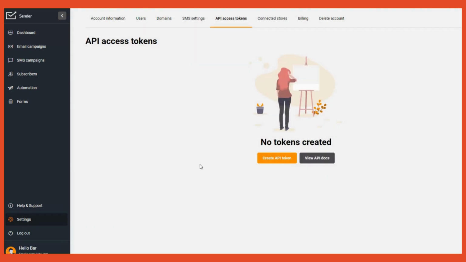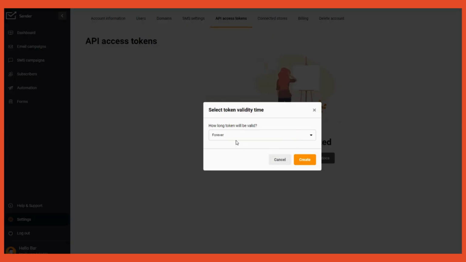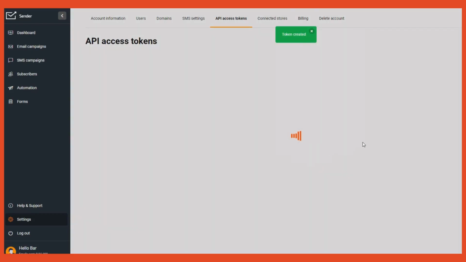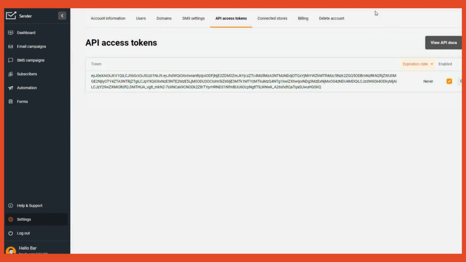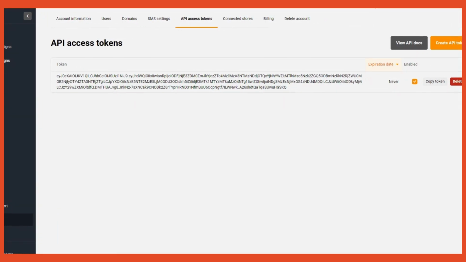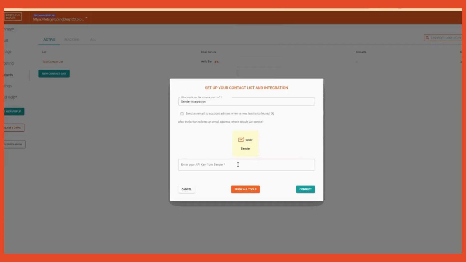Let's wait for it to load and let's click create API token, and we will select forever for the validity and hit create. So we have created our token. Now let's copy it and let's head back to HelloBar to paste. Hit connect,